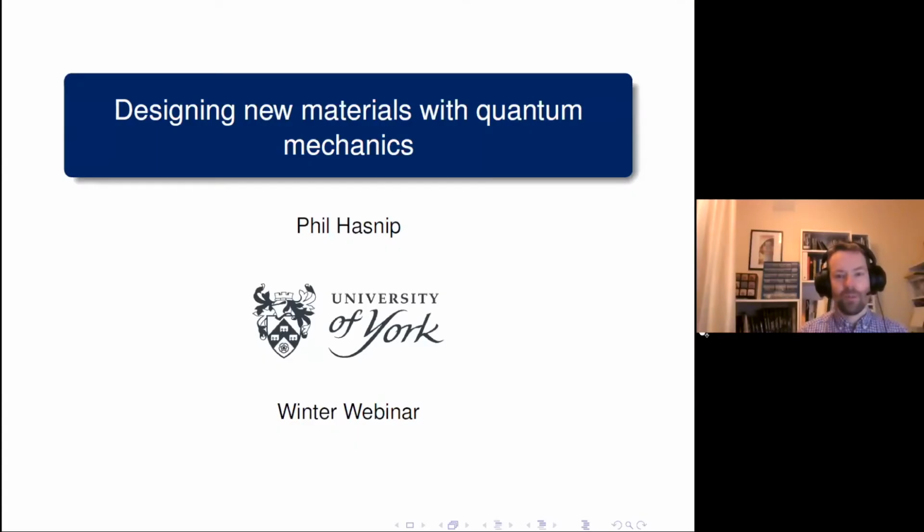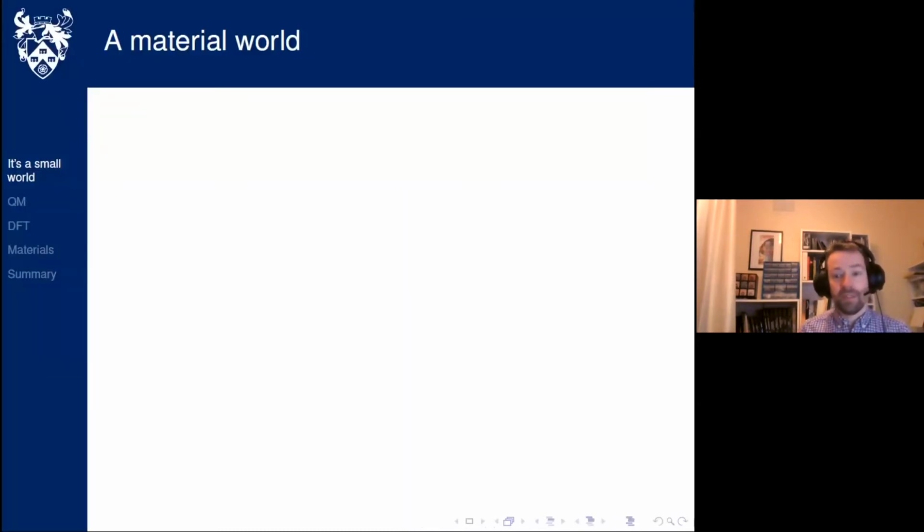Thank you very much. So I thought we'd start our discussion about how to design new materials with quantum mechanics by taking a brief moment to consider what I mean when I say materials. I don't know what you think when I say the word materials. Perhaps you think about buildings, steel or timber, or clothing, things like cotton or wool or polyester. There are many things that might come to mind.